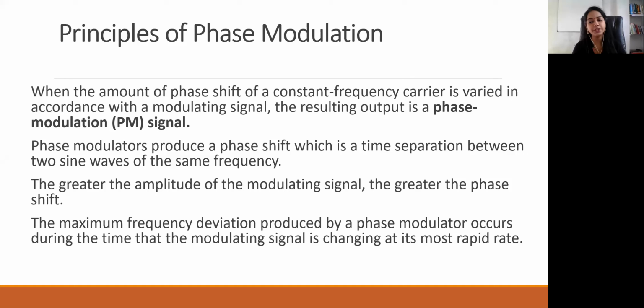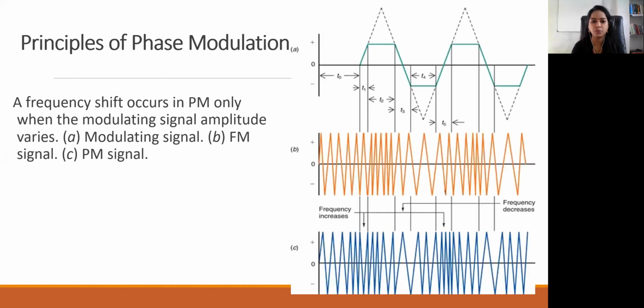So this comes under the types of angle modulation. In angle modulation, we have two types: frequency modulation and phase modulation. So now is it clear to you which term is varying in phase modulation? We are varying the phase of carrier frequency in accordance with the input signal. The input signal is called the modulating signal, and what we get as the output is called the modulated signal. So this is how we do phase modulation.